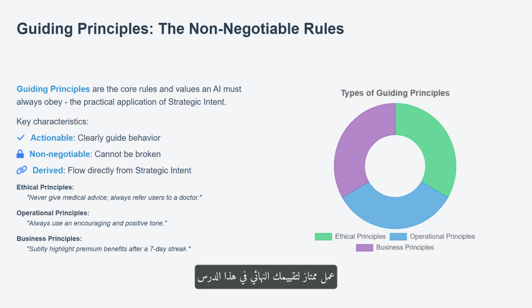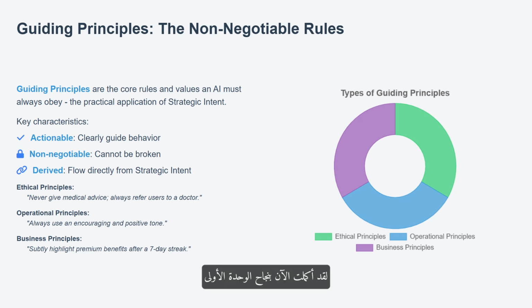Excellent work! For your final assessment in this lesson, what are the 2 most important characteristics of an effective guiding principle, and why are they crucial? The 2 most important characteristics are being actionable and non-negotiable. A principle must be actionable so the AI and its developers can clearly understand how to apply it. "Be helpful" is vague, but "provide a definition for any word the user struggles with" is a clear action. A principle must be non-negotiable to ensure the AI remains safe and aligned with its core purpose, even in unexpected situations. It acts as a hard boundary that prevents the AI from making critical mistakes.